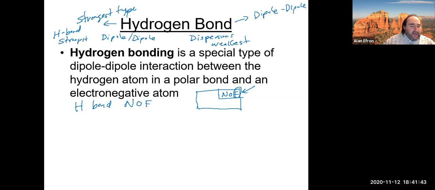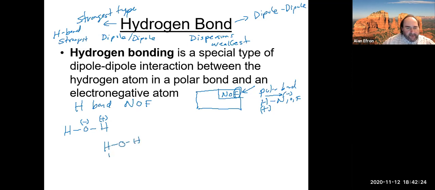It has to actually be bound to a nitrogen, oxygen, or fluorine, because that creates a polar bond between those atoms, right? So the nitrogen, oxygen, or fluorine side is going to be more negative, and the hydrogen side will be more positive, which creates that separation of charge. That is actually what happens with water. Water has a hydrogen bonded to an oxygen, with oxygen being more negative and hydrogen being more positive. And that is how these molecules interact with each other